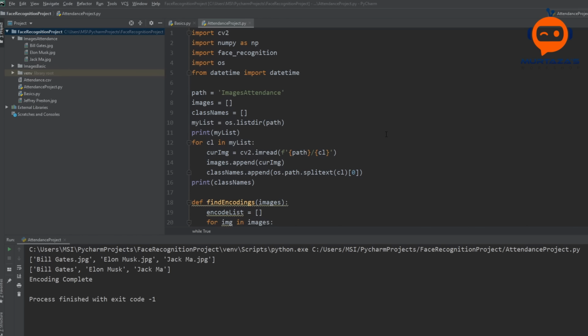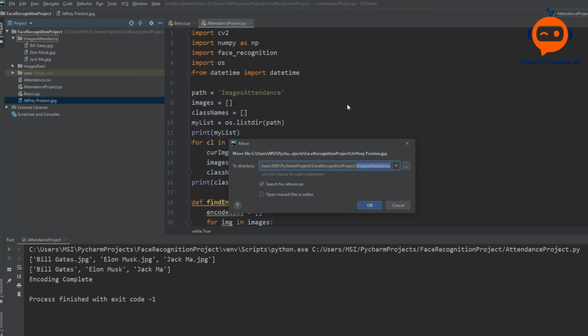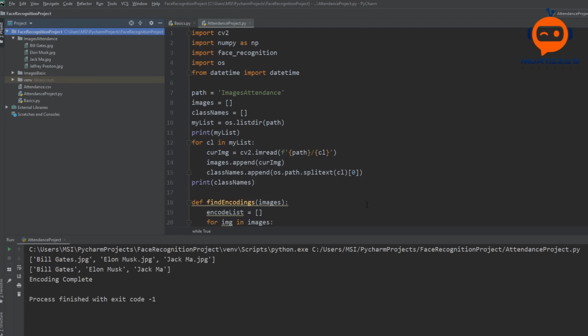The final thing we will look at is how easily we can add another class or another human being. As you can see here, I have another image of Jeffrey Preston, and what I can do is just drag it into my images attendance folder, and that's it. Now it will be able to find the images of Jeffrey as well.